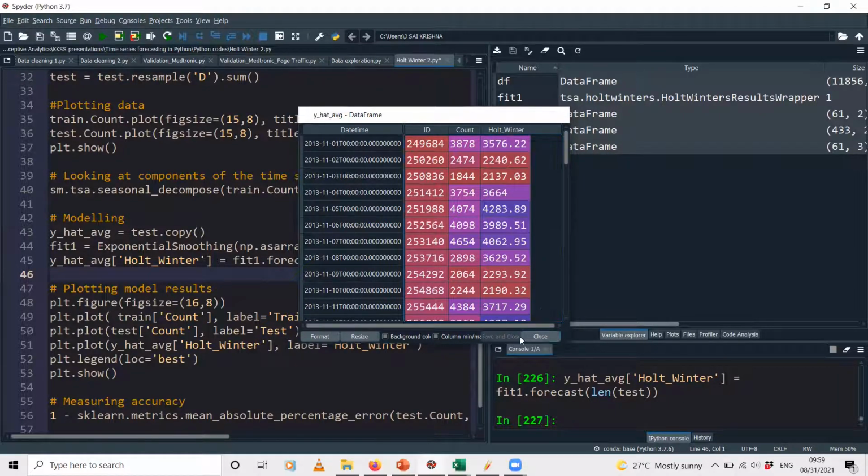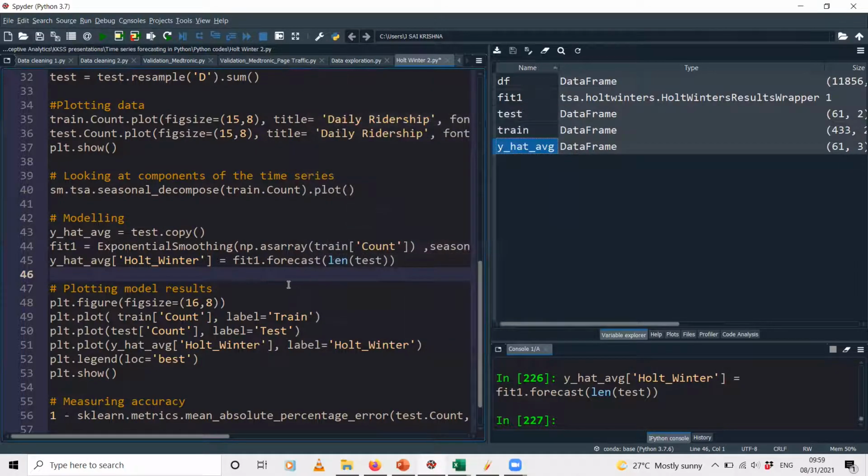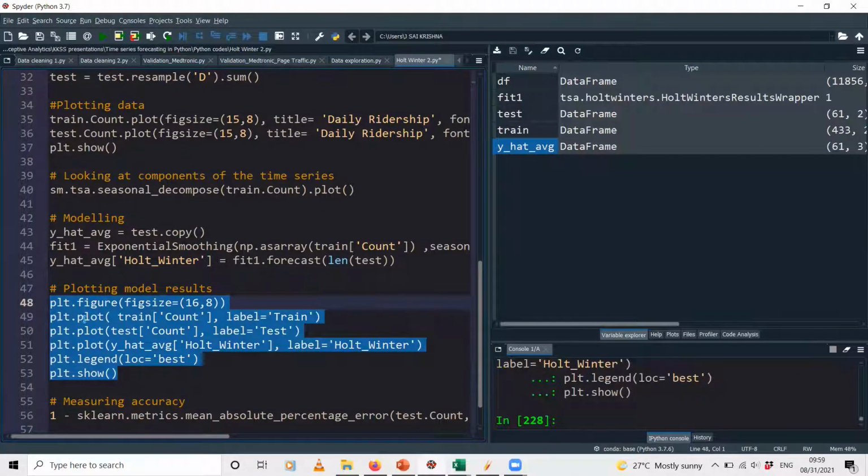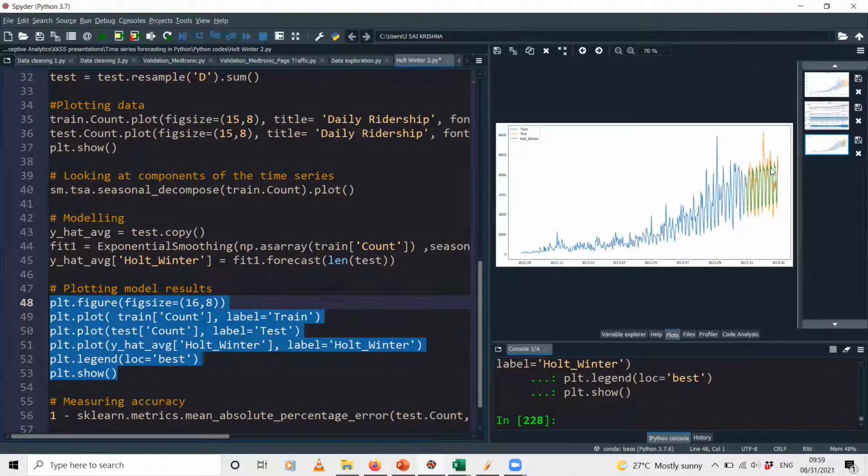Now that you have obtained your predictions, we can just see how the predictions look. I'm using the same plot functions. I'm plotting the training data as well as the testing data, and also the predicted data, which I predicted using the Holt-Winters method. Let's see what that plot looks like.